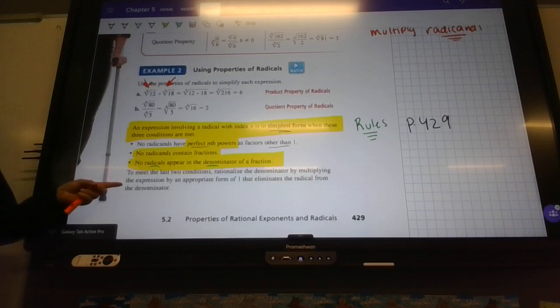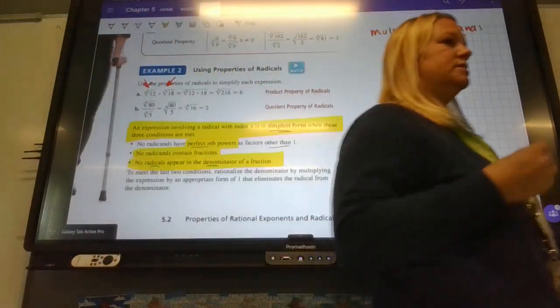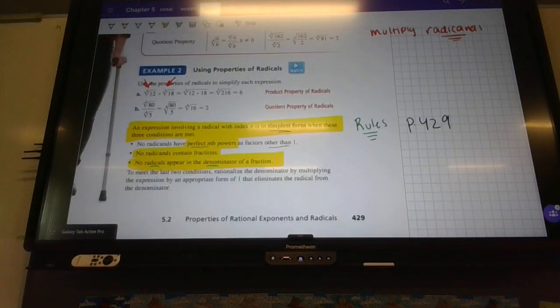To meet the last two conditions, rationalize the denominator by multiplying the expression by an appropriate form of 1, which means the same thing on the top and bottom. That eliminates the radical from the denominator. So I wanted to catch your attention on this right away. We already did it in Bellwork: rationalize the denominator and make a real number denominator. So when you're ready, open up today's assignment and I'll work through